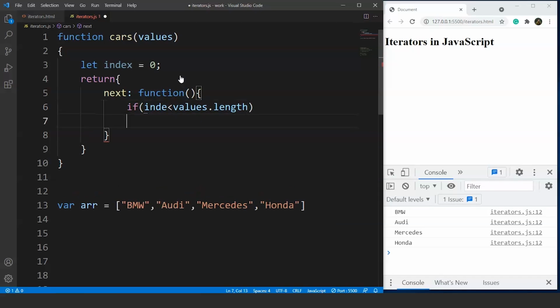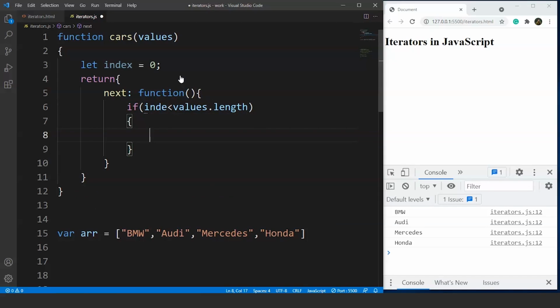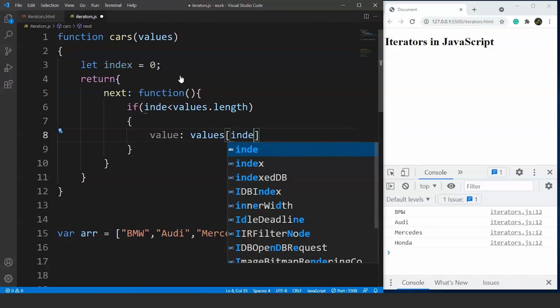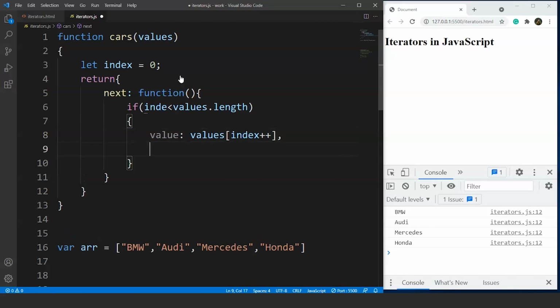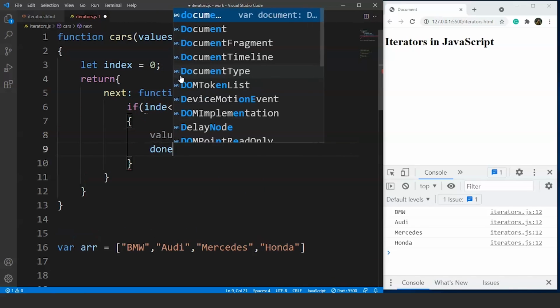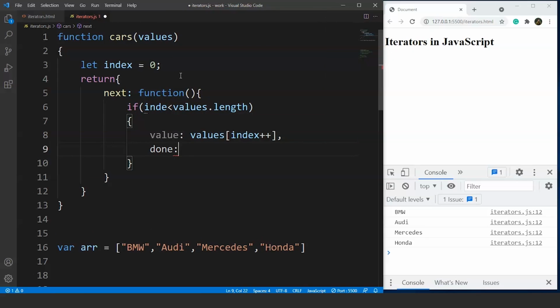What will we print over here? We'll write value is equals to values[index], and we'll make an increment in the value of index. We'll write index plus plus, then we'll use a comma, and we'll write done, and the value of done will be false. Fine. Now the if condition will be checked, and this object will return the value and done properties.